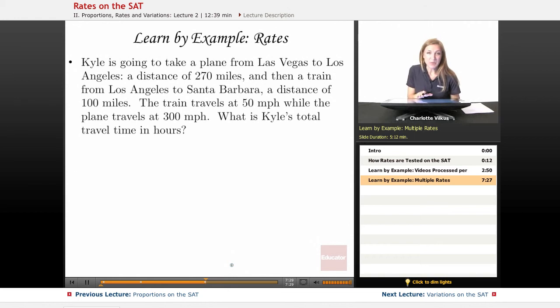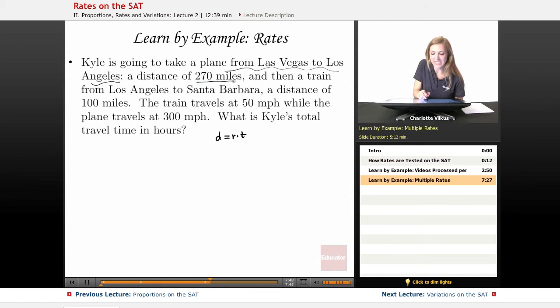This one's another rate problem, and this one's going to be the actual distance equals rate times time. So a more classic one in that we're dealing with a speed as our rate. So here we have Kyle, and he's taking a plane from Las Vegas to Los Angeles, which is a distance